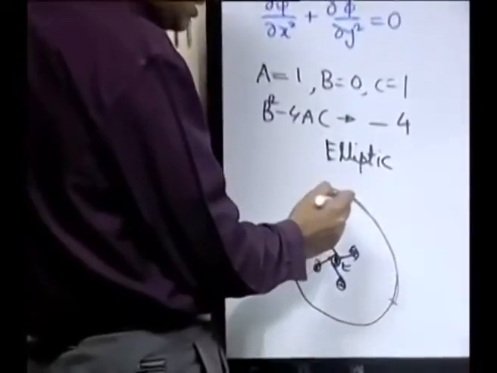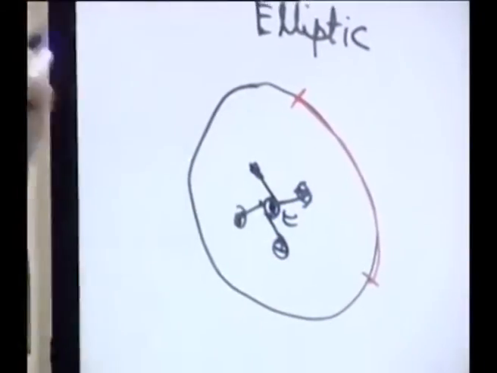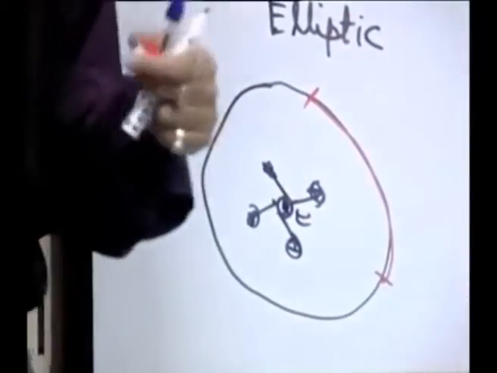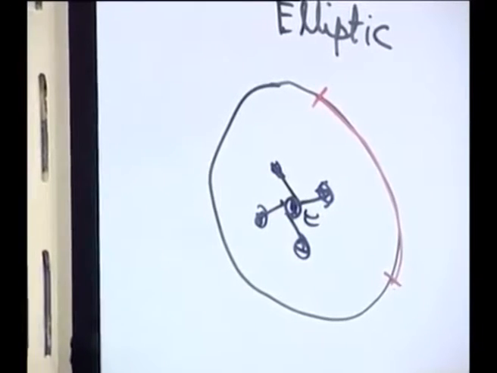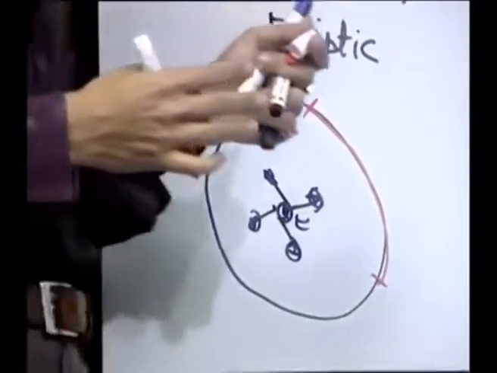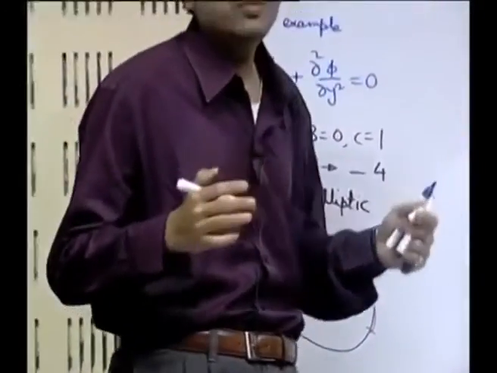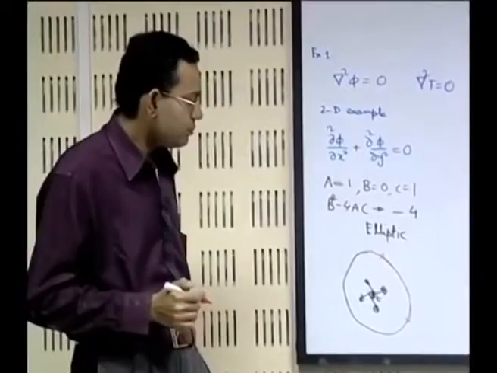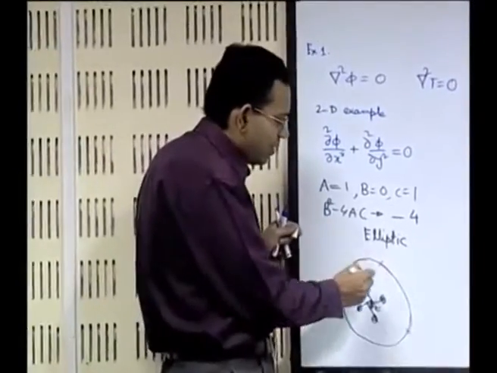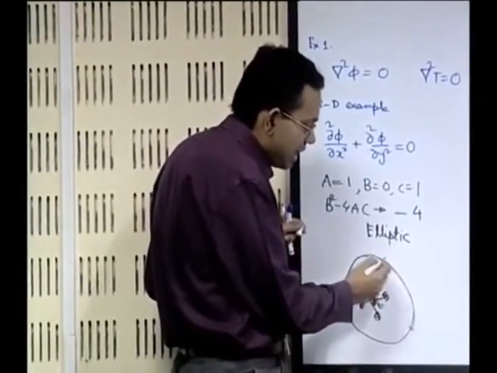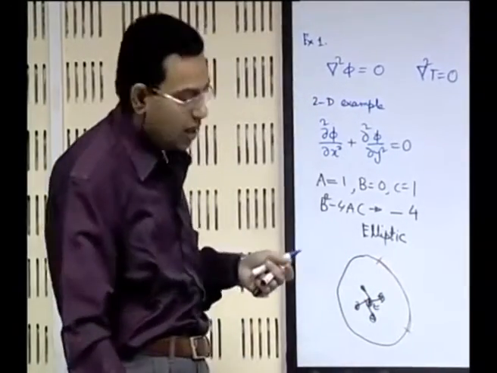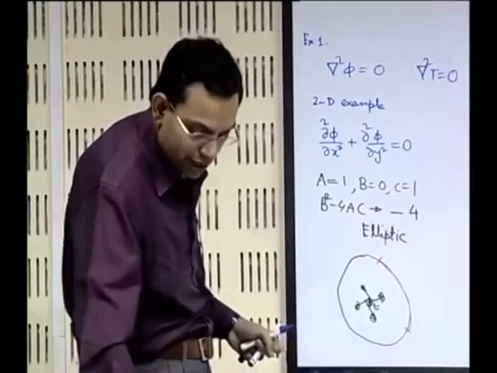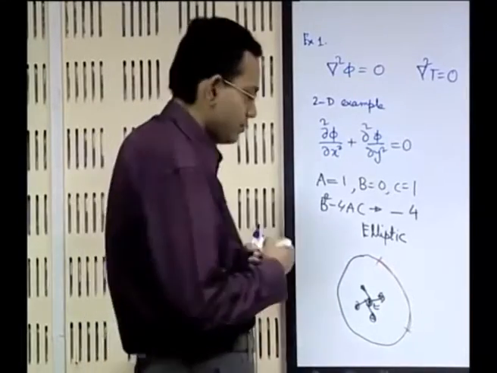So the boundary condition may be of different types, we will come across the different types of boundary conditions subsequently, because numerical solution of equations is a strong function of the boundary conditions. So you could have different types of boundary conditions. Let us say that over some part of the boundary you have a particular temperature, and over the other part of the boundary you have a different temperature, that is possible.